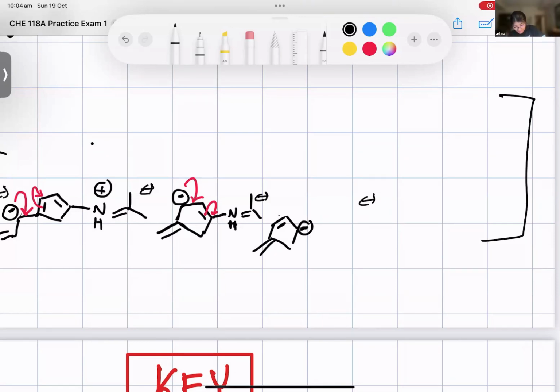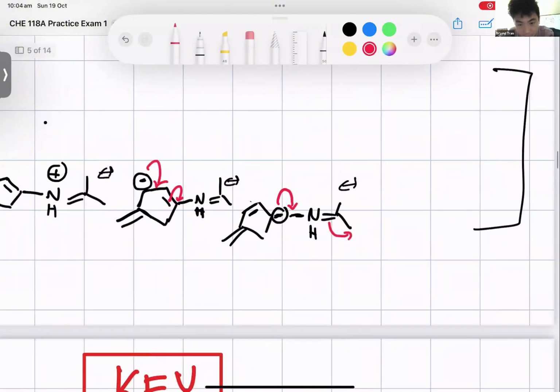Okay, and then let me draw the other one. The negative charge goes there, and I'm going to move this there. Yep, onto that carbon right there on the very right. So we don't want to jump carbons. It would be on the carbon inside, the one that is still bonded to the double bond. That is part of the double bond, like that.